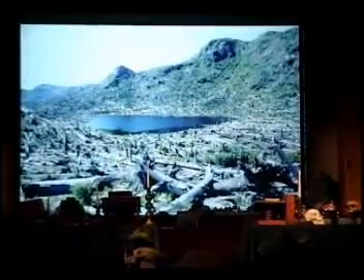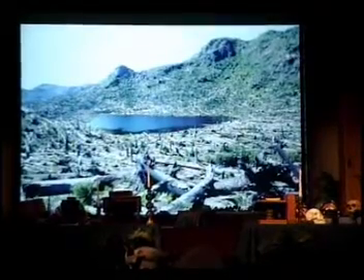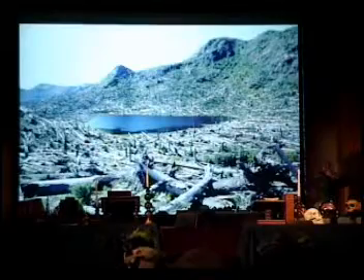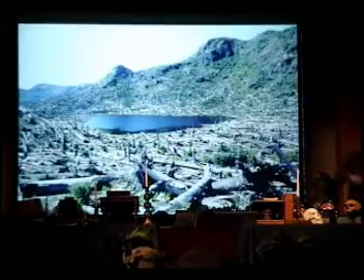Nita Lake, all these little trees. This little lake has helped us, the entire mountain has helped us understand the ecology